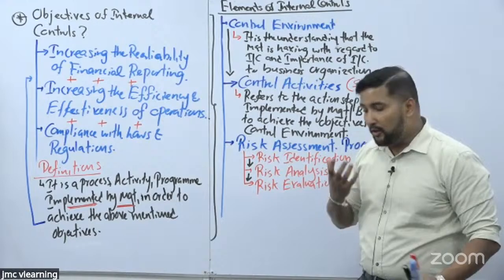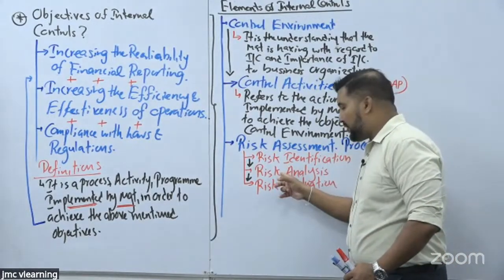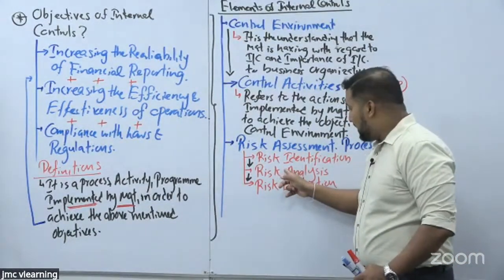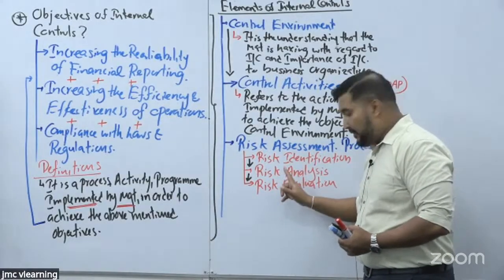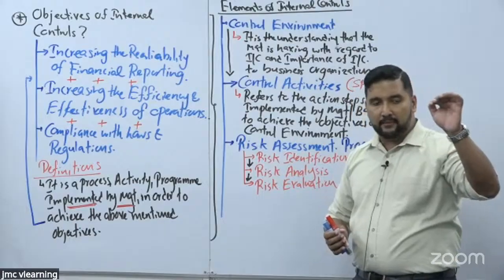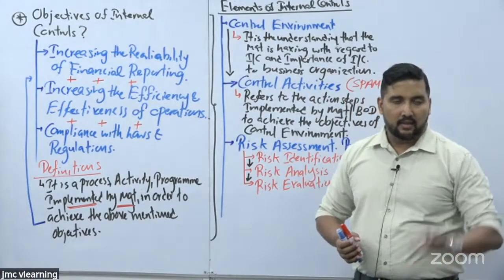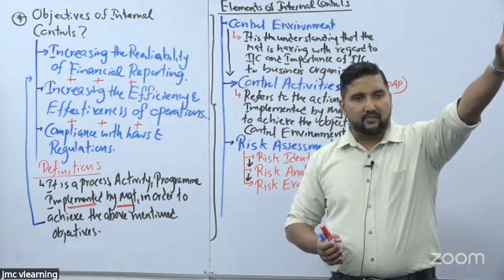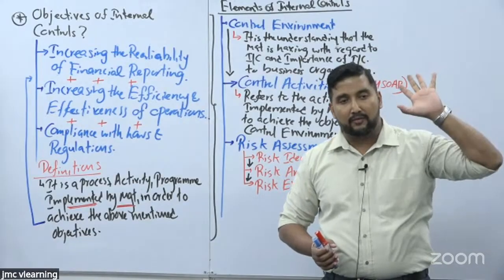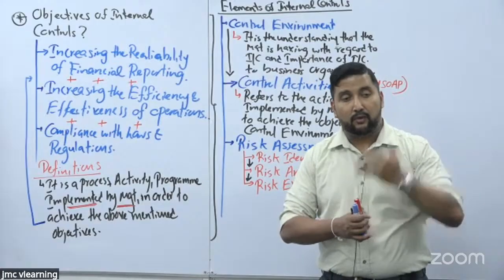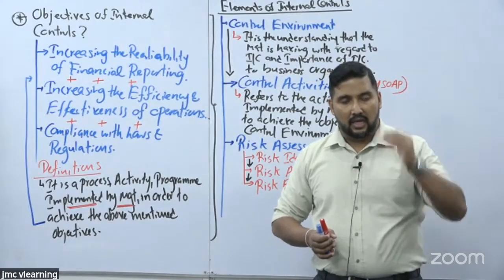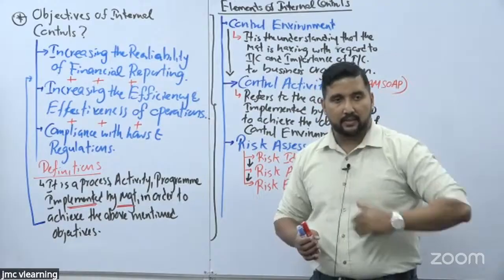Clear? Likewise, you need to prioritize the risk. That is what you referred to as risk analysis. Finally, based on the analysis, you need to evaluate the risk. Evaluation is a point where you are basically prioritizing your risk. Out of the 5 risks, this risk would be the most critical one, so we need to address this risk. Out of the 5 risks, this would be the second critical risk, so we need to address this risk.